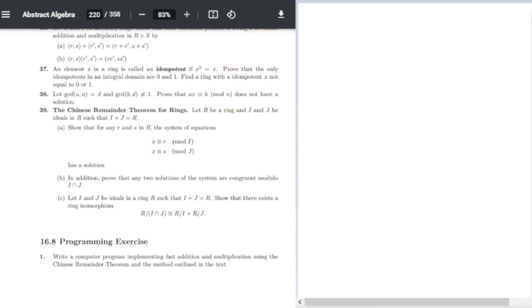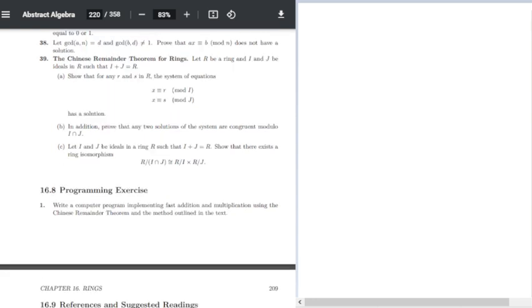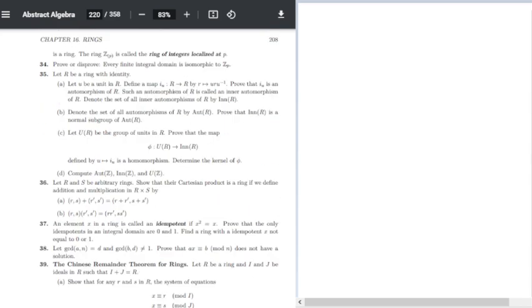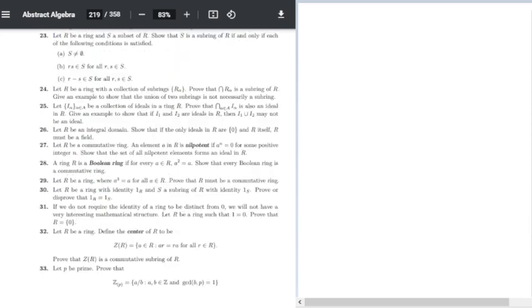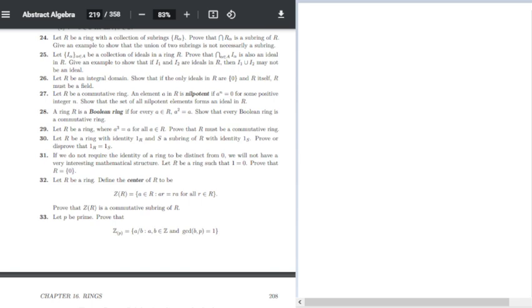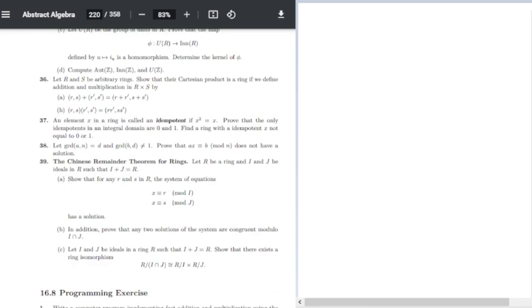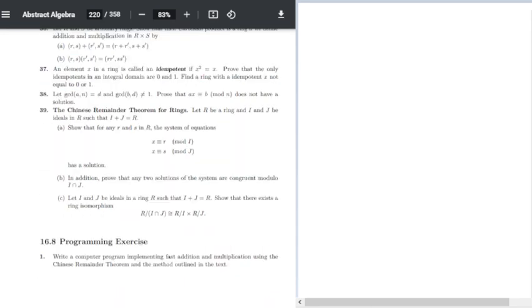N equals D, and GCD of PD is not equal to 1. Solution. Remainder theorem for rings. Oh, the mod I mod J notation, I love it. Yeah, I'm getting tired. Oh man, I spent way too long on this dumb problem. It's been beating me down. Okay. I guess since the rest of these aren't particularly interesting,